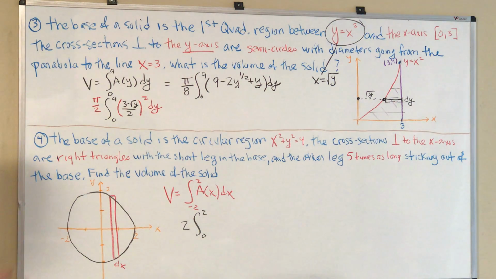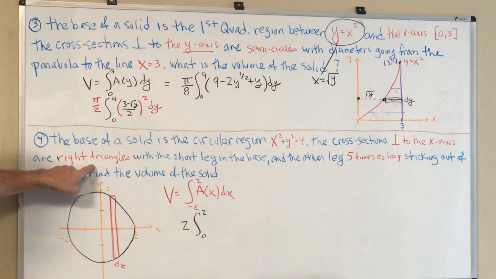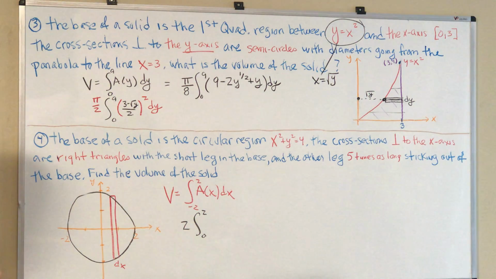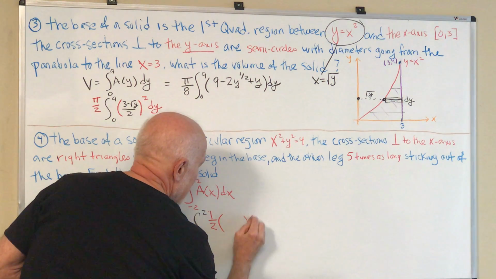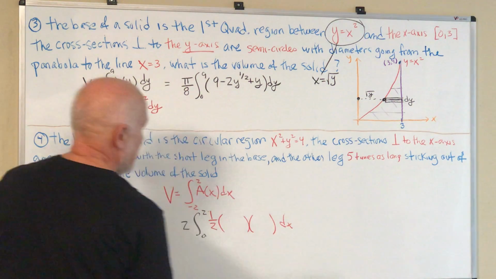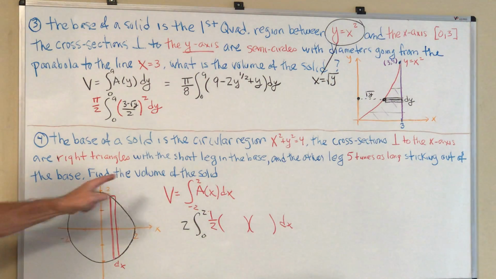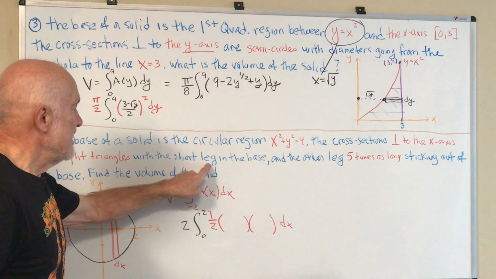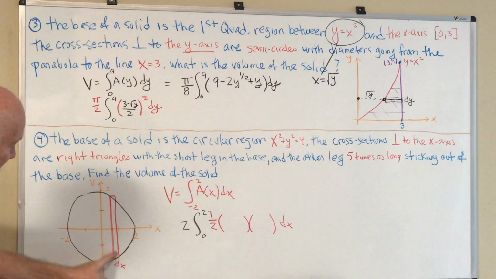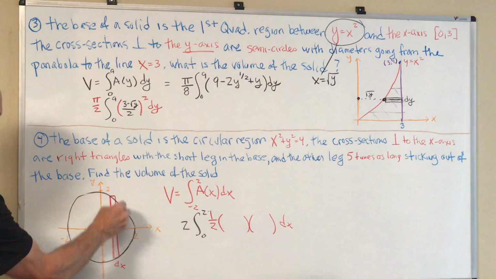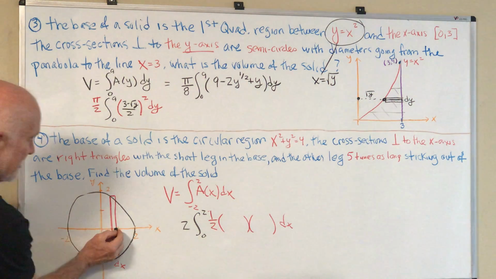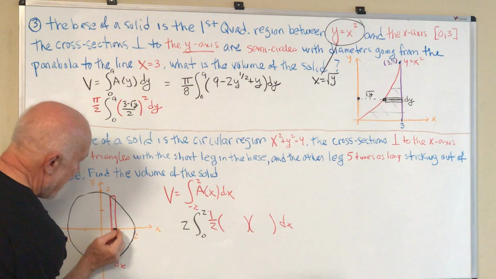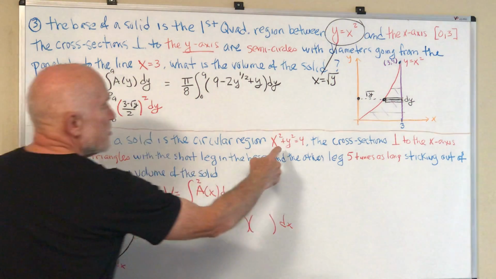So what are our cross sections this time? They're right triangles. So what's the formula for a right triangle? It's 1/2 the base times the height. And it says the short leg is in the base of this solid. So this is the short leg right here. So what is that distance? Well, you measure from the y-axis up. So if you solve this,